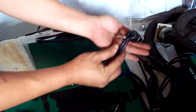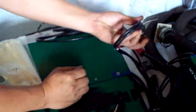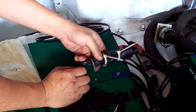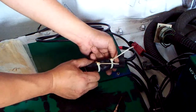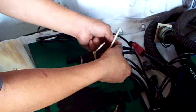So the back is also tied up, so there is no way that the dust could get in the connections. Connections are tight, so both the connections are not going to move at all, fastened by the bolts. And also